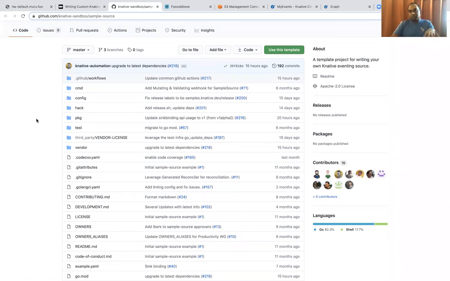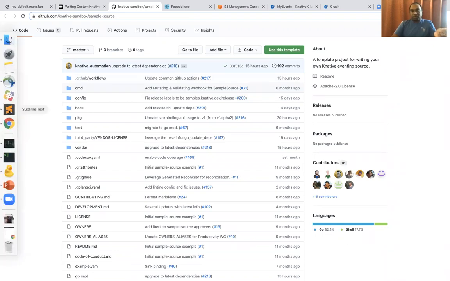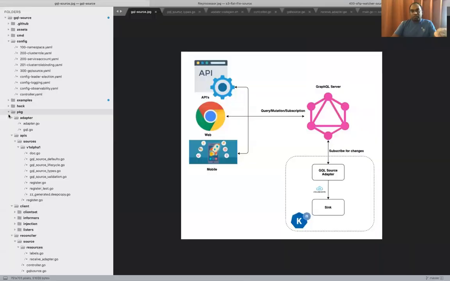It comes with most of the boilerplate code. It also comes with the GitHub workflows and things like that. There's also a sample controller that could also be used. So using this approach, first I built an event source called GQL source, or a GraphQL source. What it does is like